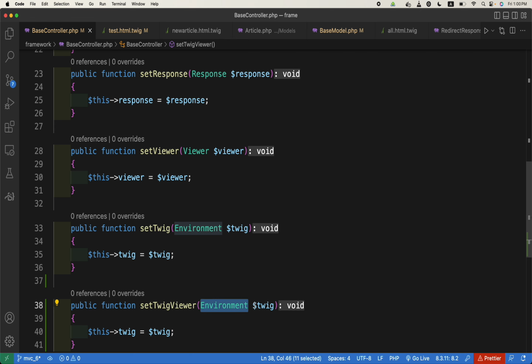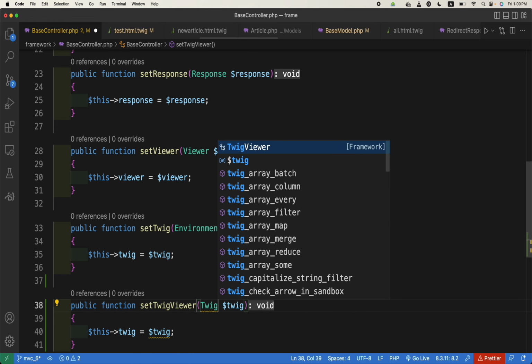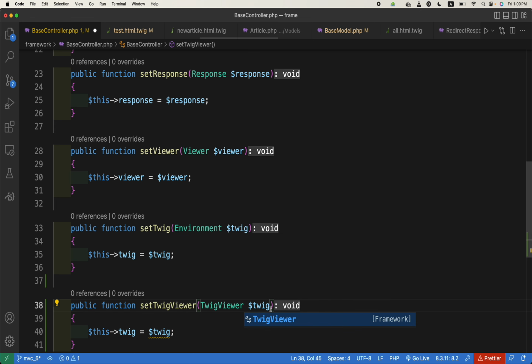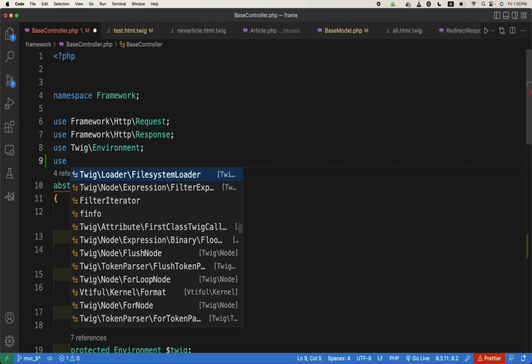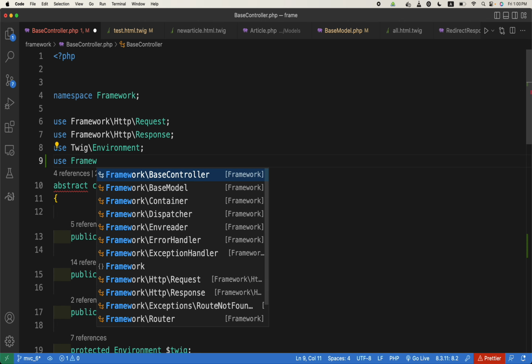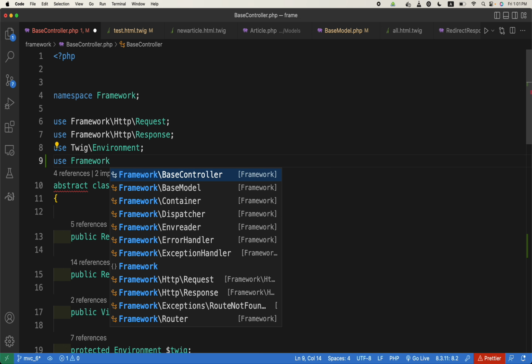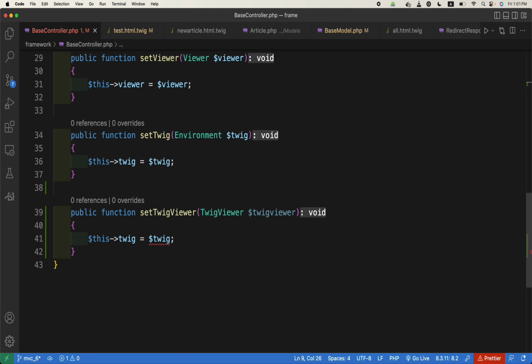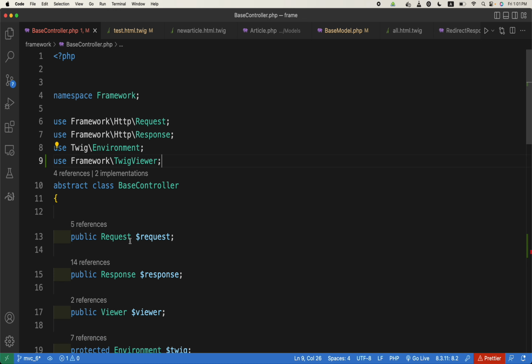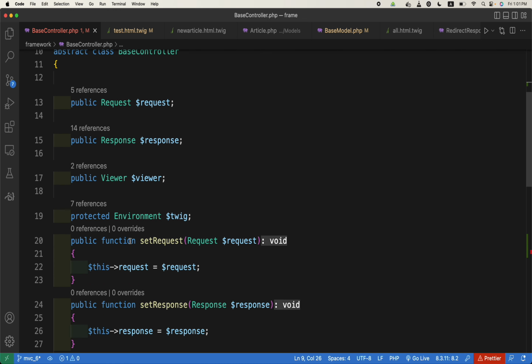Twig viewer. And we will include twig viewer in the use framework slash twig viewer, right? So here this variable will be assigned to, we should create a new public variable, or